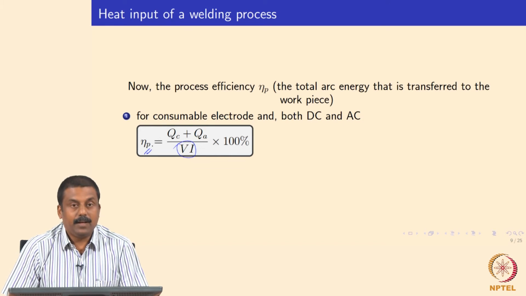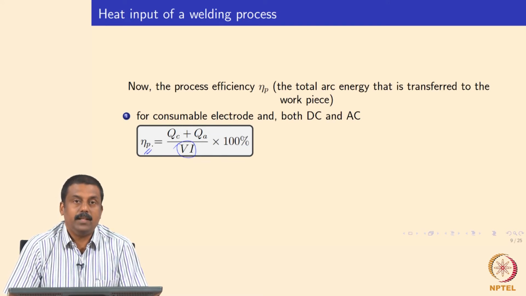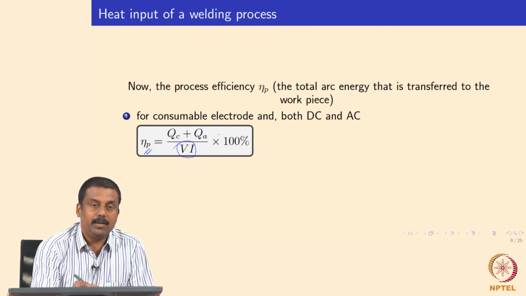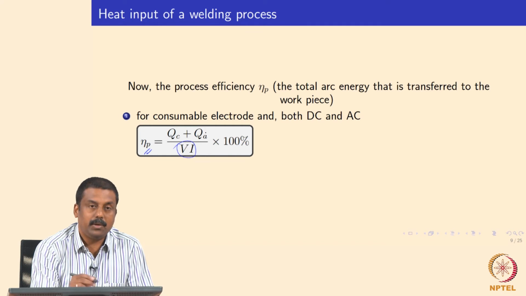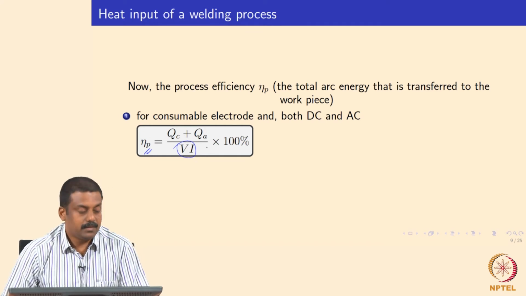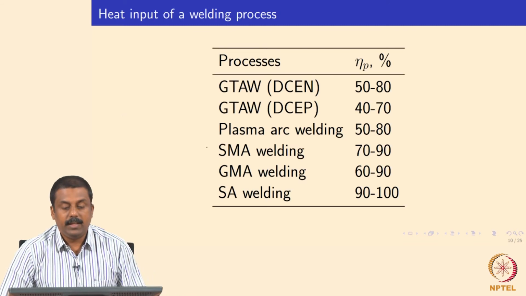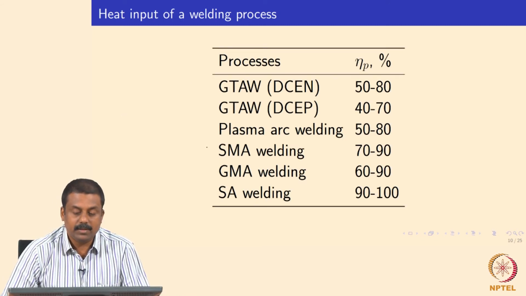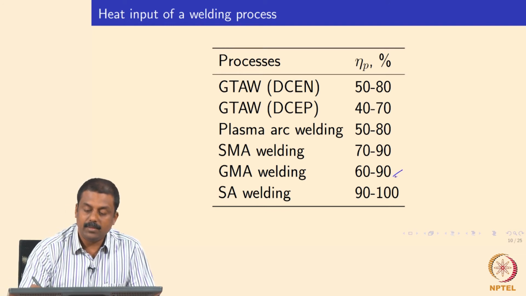So if you have a non-consumable welding process, for example, a gas tungsten arc welding process, there you are not transferring the entire heat from the electrode because you are not melting the electrode, right? So based on your polarity, it can be either QC or QA. So that will be the efficiency of the gas tungsten arc welding process. That's why generally in gas tungsten arc welding, the efficiency is quite low,